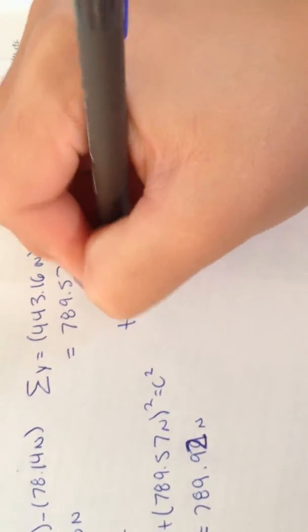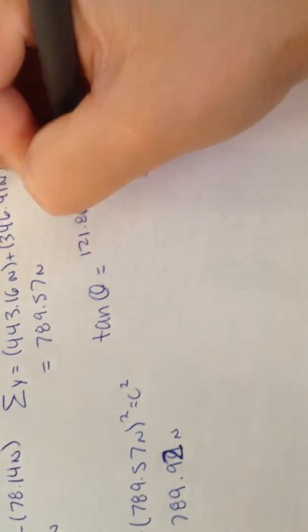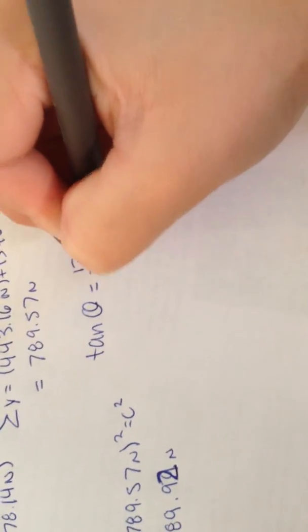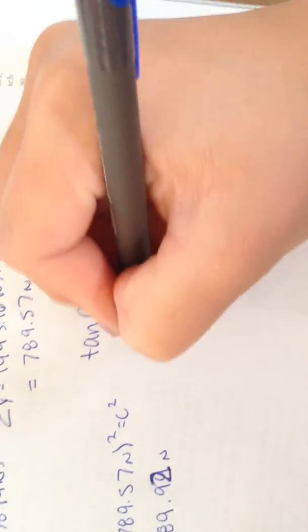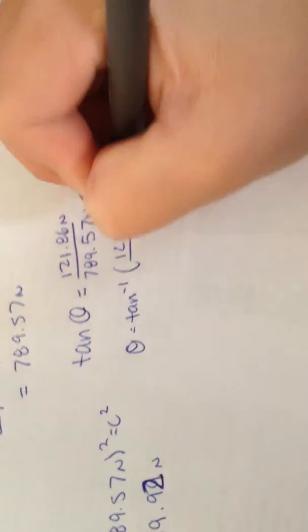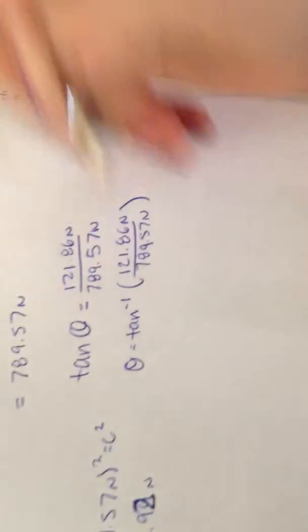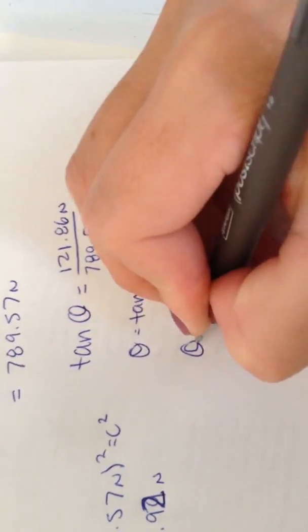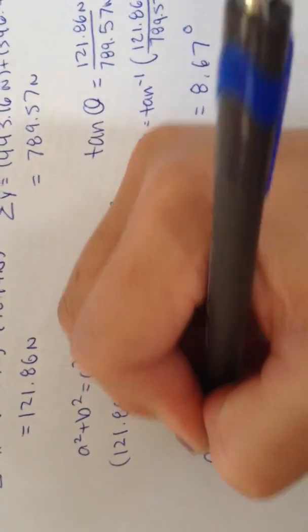There's two different angles. So you find that with tangent theta. So then your theta comes out as 8.67 degrees. So your total resultant